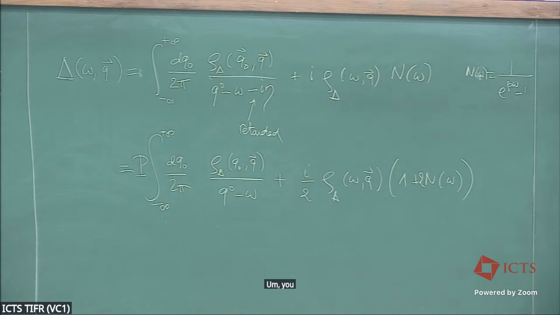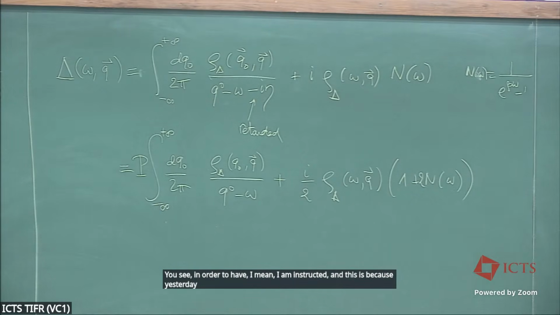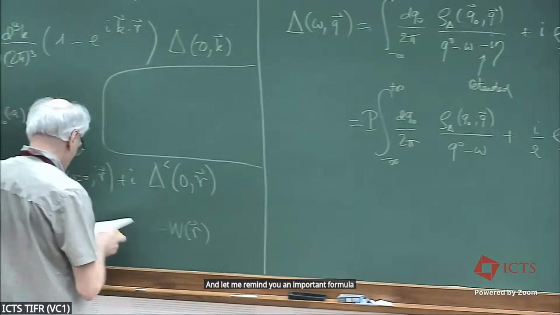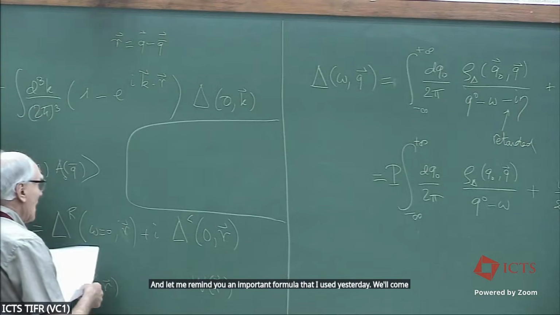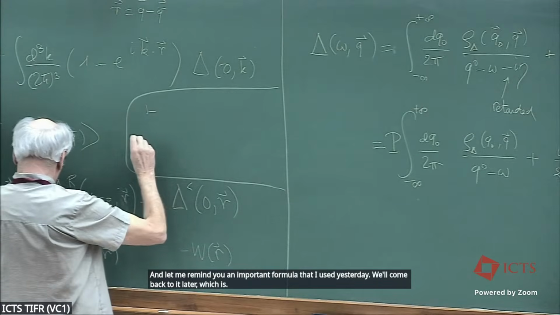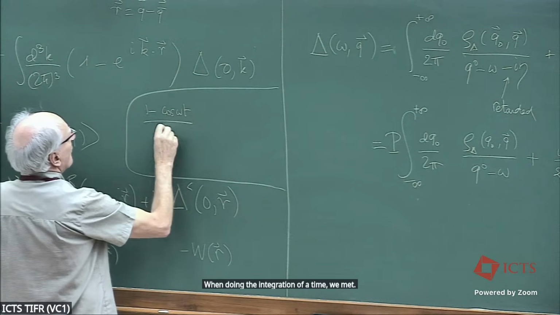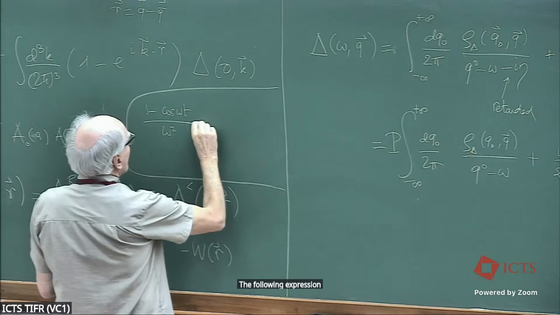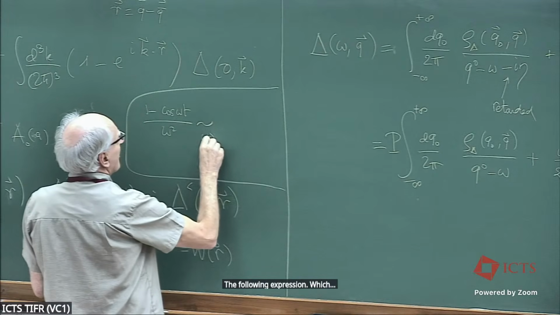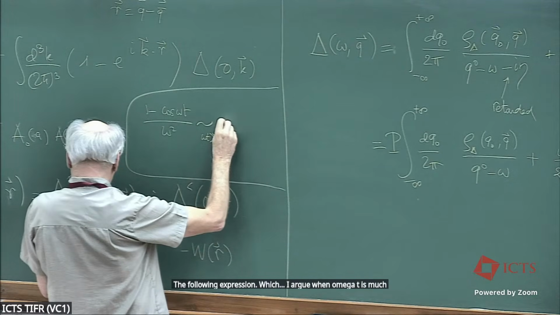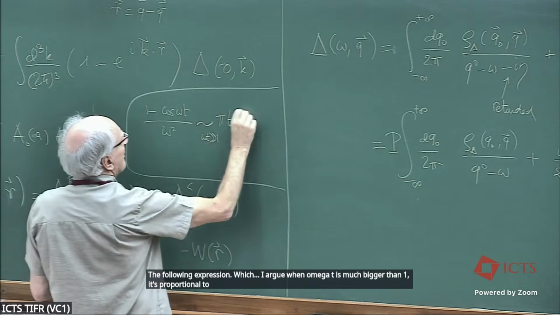In order to have... I am instructed... and this is because yesterday I was looking at the large mass limit, and let me remind you of an important formula that I used yesterday. We'll come back to it later. When doing the integration over time, we met the following expression, which I argue, when omega t is much bigger than 1, is proportional to pi t times the delta function